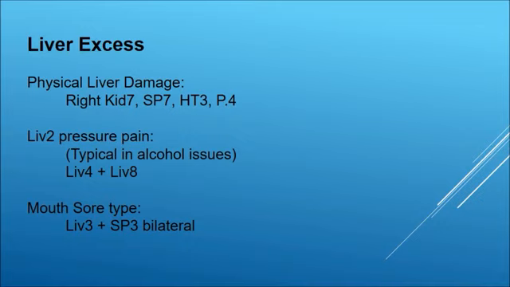Another liver excess type may show pressure pain on liver 2 on the right side. In that case, use liver 4 and liver 8, both on the right. The alcohol or family history of alcohol type, those whose family have consumed alcohol for many generations, will tend to fall into this category. Some patients who are born into